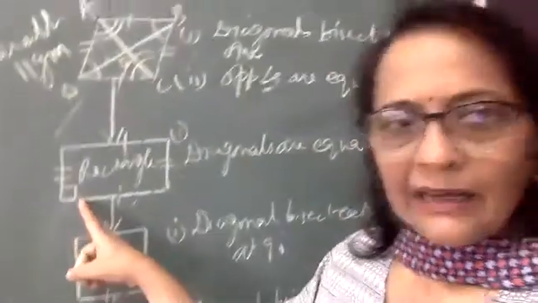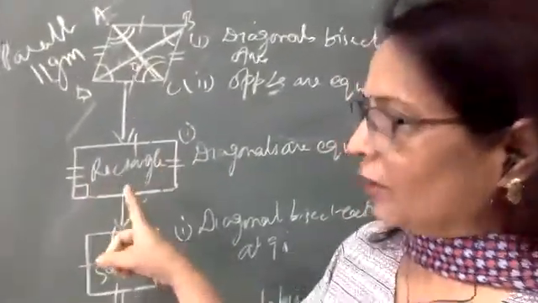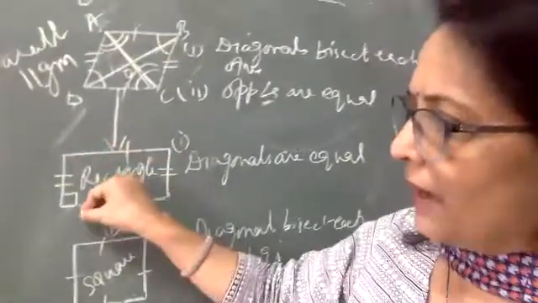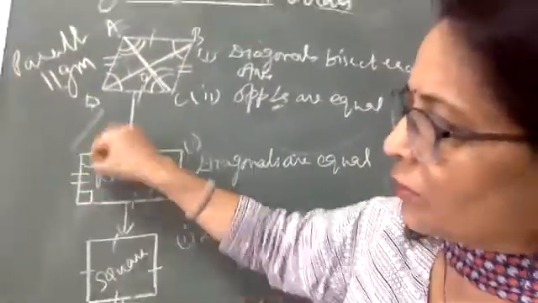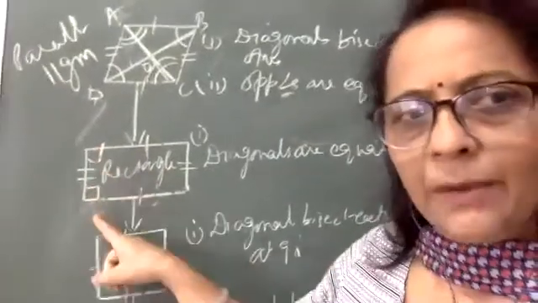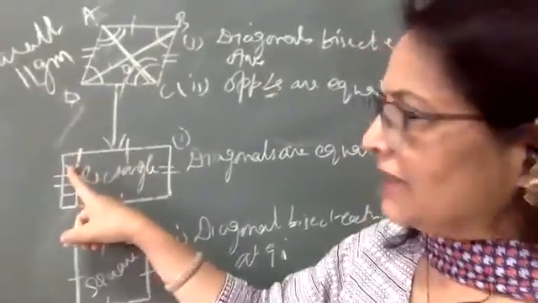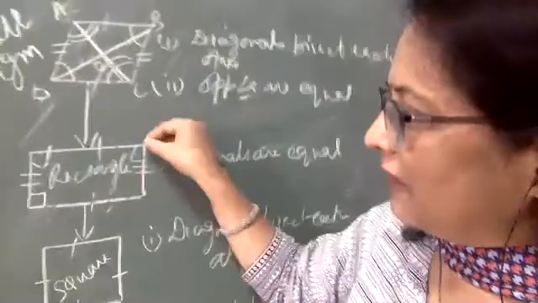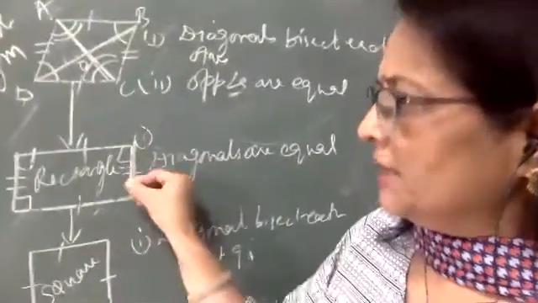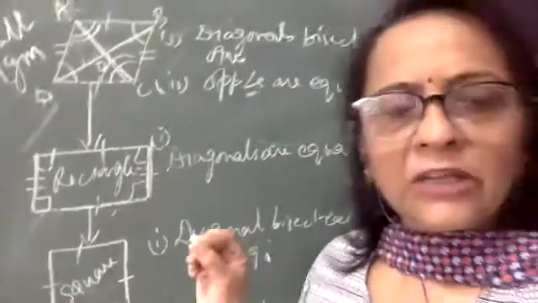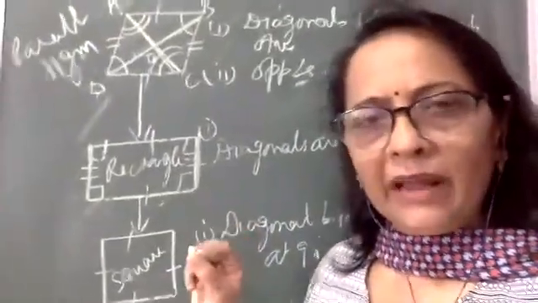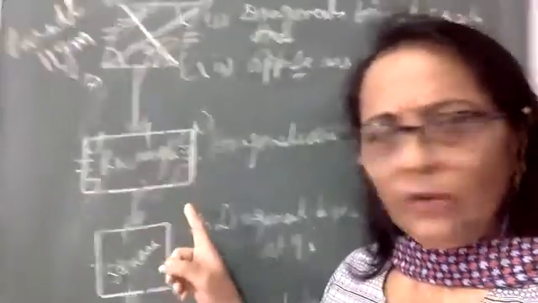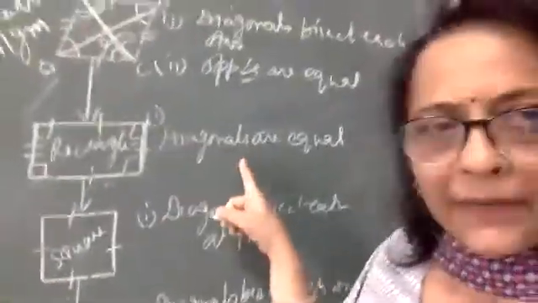If one angle is 90 degrees, then the other three angles will also automatically be 90 degrees. How come? Because these are two opposite sides parallel. So this angle is 90 degrees, and this will also be 90 degrees because the co-interior angles are supplementary. Likewise, if this angle is 90 degrees, this angle will automatically be 90 degrees, because this and this line are also parallel. Similarly, this angle will also be 90 degrees. So by simply saying a parallelogram with one angle 90 degrees, we complete the definition of a rectangle. Right, all of you?